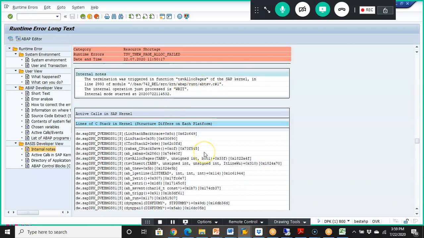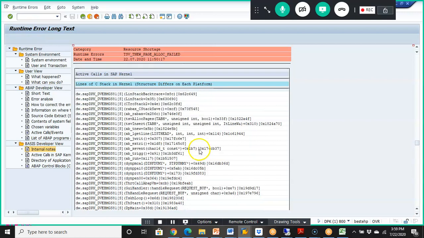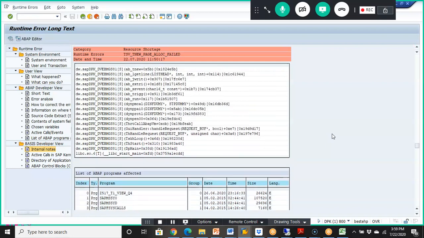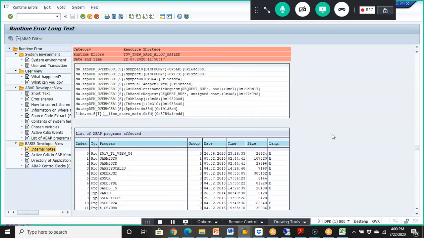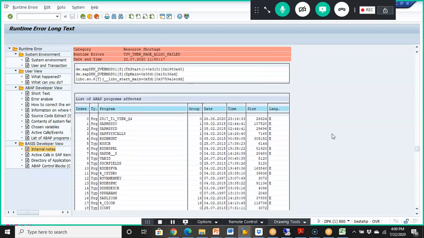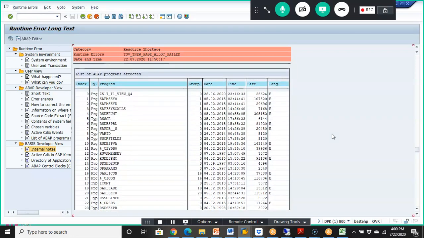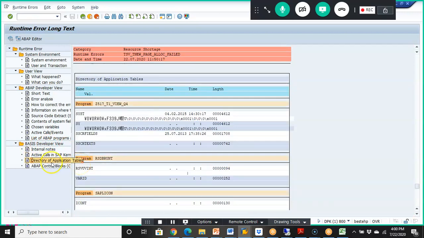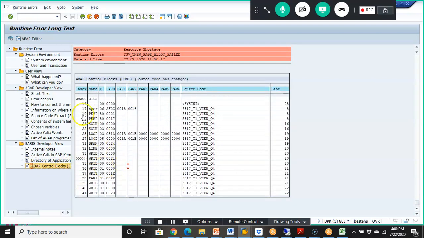Why it got triggered and what exactly happened is the explanation for the basis administration team. List of web programs affected, active calls in kernel. This is all the basis developer view, directory of application table. We have application control blocks.